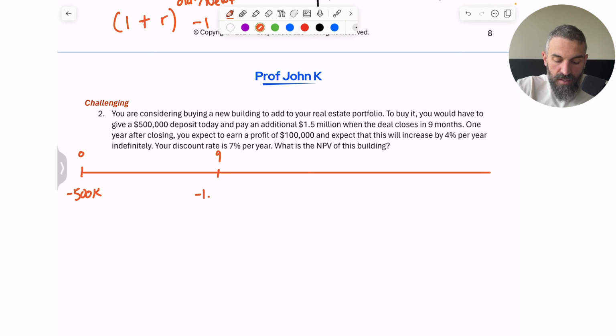So I'll put 1.5 million is 1,500,000. 1 year after closing, you expect to earn a profit of 100,000. So 1 year after closing, this would be at month 17, right? Because I'm doing this in months right now, I might change this, but I added 12 months. I'm going to receive 100,000. And this will increase by 4%